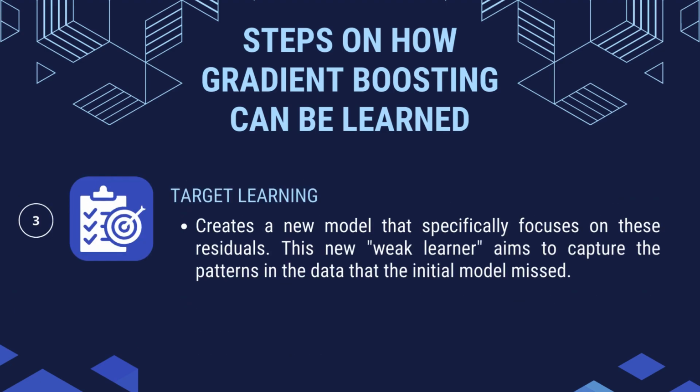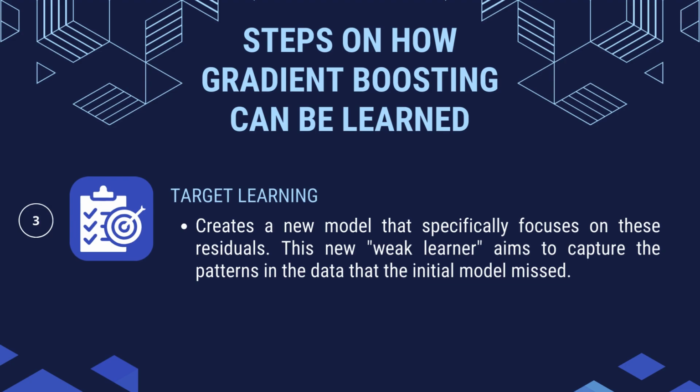Step 3: Targeted learning. Now that it identifies the mistakes, gradient boosting creates a new model that specifically focuses on these residuals. This new weak learner aims to capture the patterns in the data that the